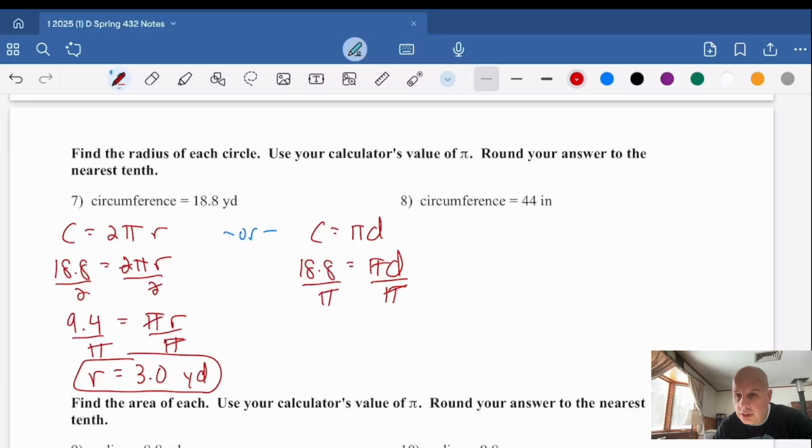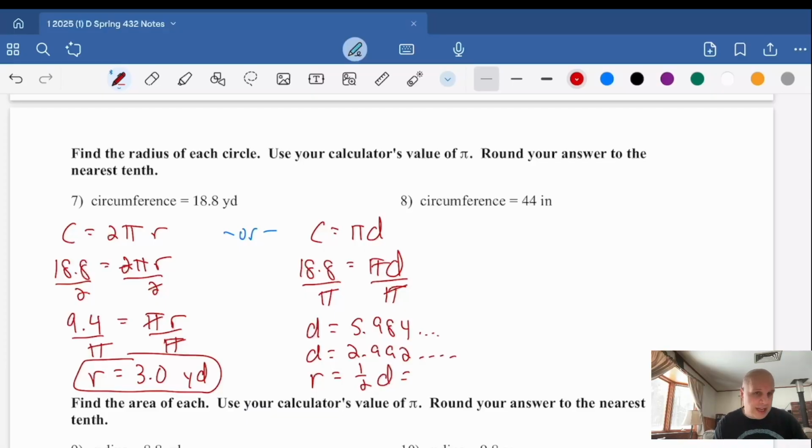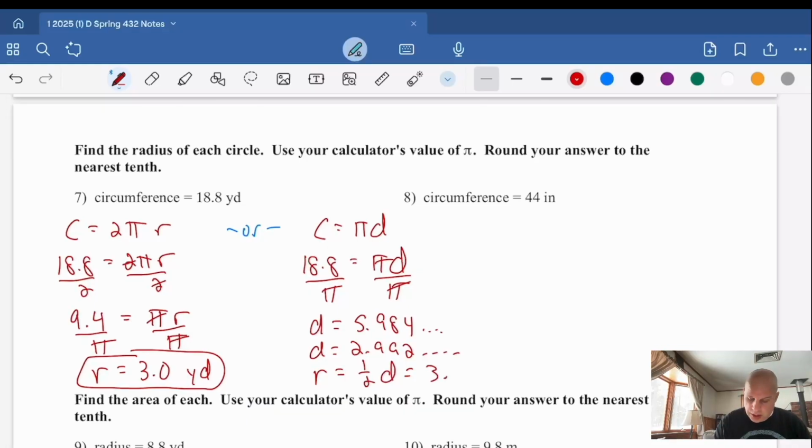and then if I do 18.8 divided by pi, we'll get that the diameter is 5.984 and a few more decimal places. I'm going to take that answer and divide it by 2 to get 2.992 with a few more decimal places. My radius is going to be half that diameter. Multiplying by 1/2 or 0.5 or dividing by 2 is the same thing. And that will get you the same answer that we got above,